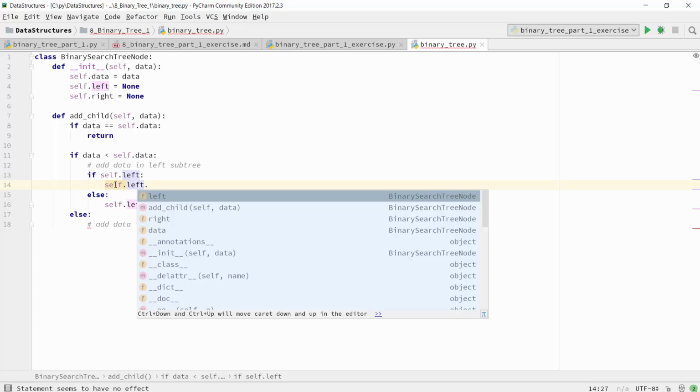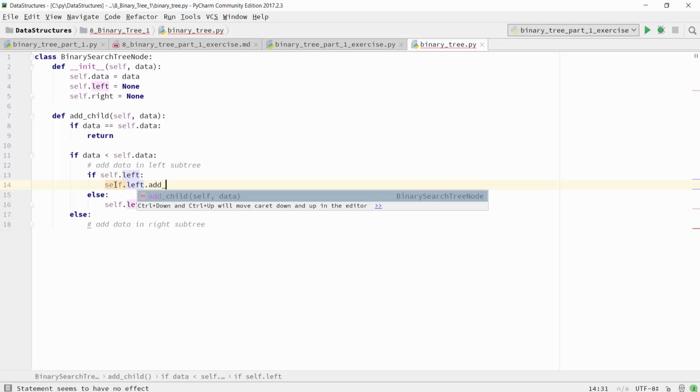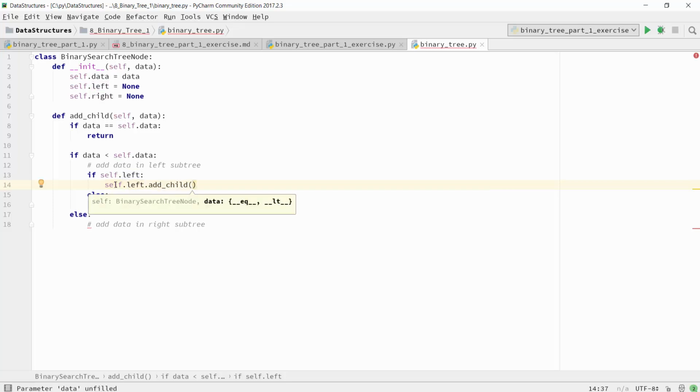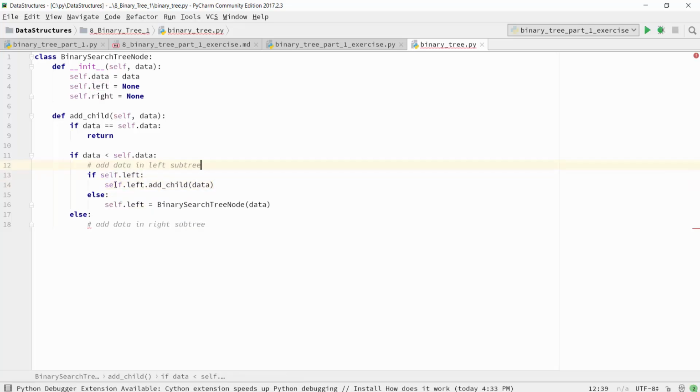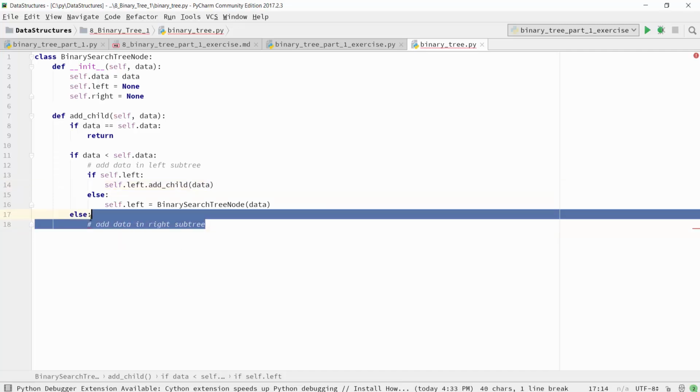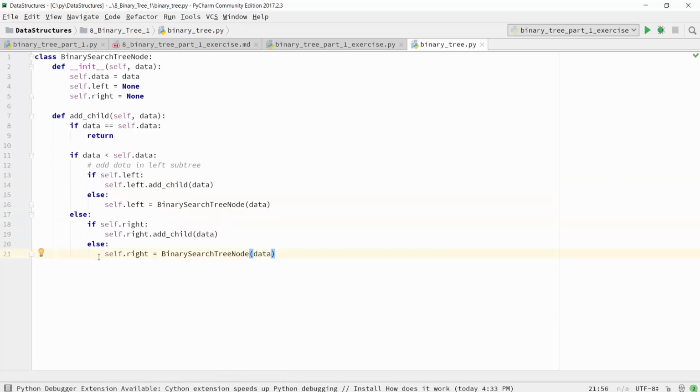Well, you will recursively call add child method with value data, because self.left itself is another small subtree which will have add child value. So you can call that method with data, and it will go into recursion. It will come here, and it will just work out. Similarly, you can add code for your right subtree. It will be very similar code. Okay, and once you have done this,